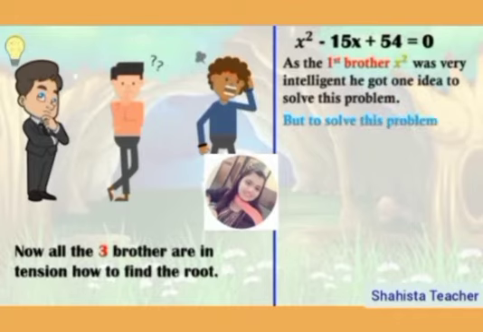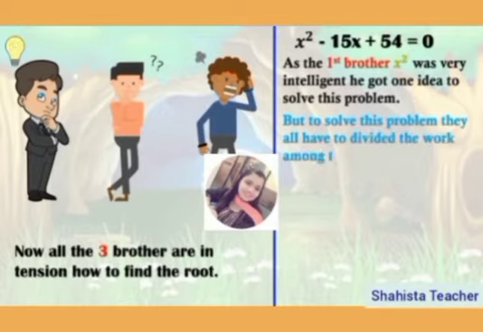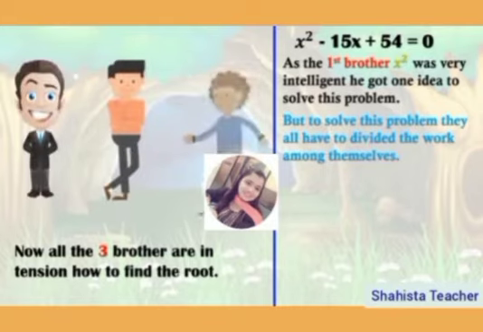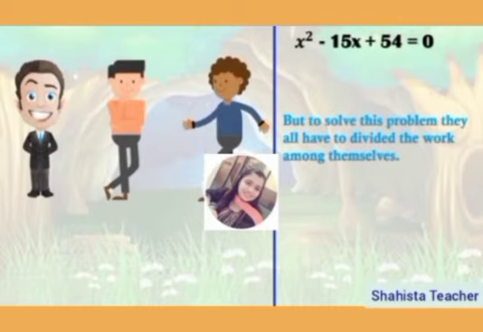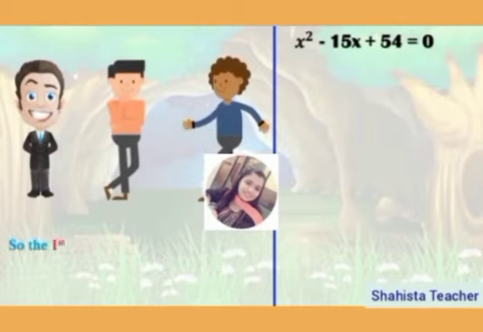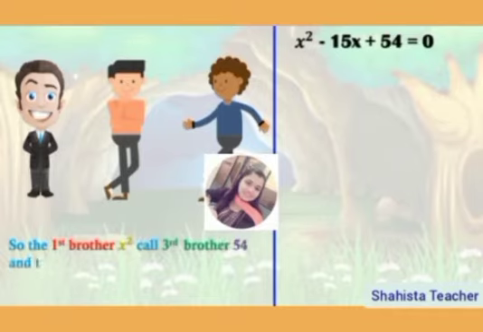But to solve this problem, they all have to divide the work. So what did they decide? Among themselves they divided their work. Finally the first brother called the third brother. You can see this. The first brother x square called the third brother, 54, and told him that I always multiply